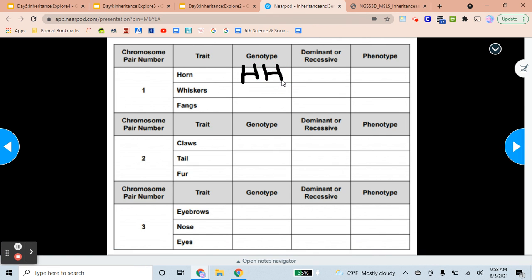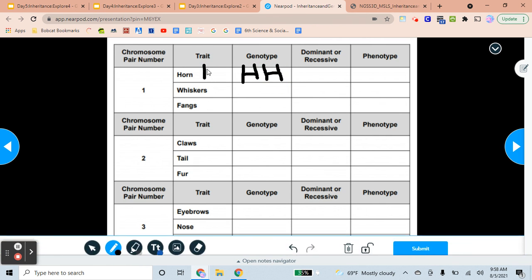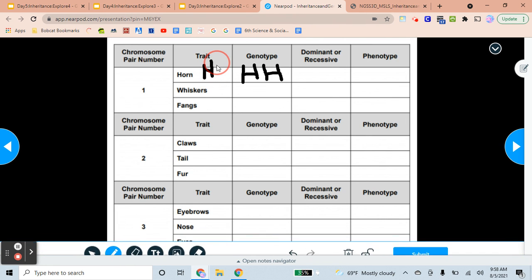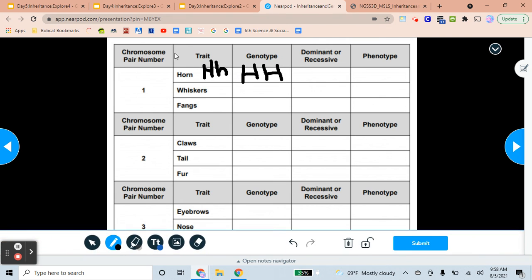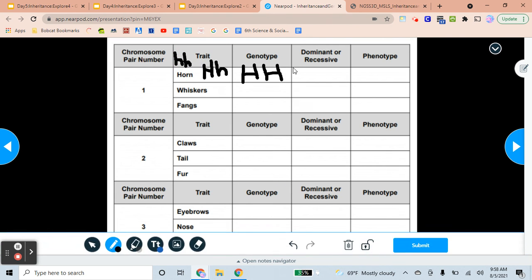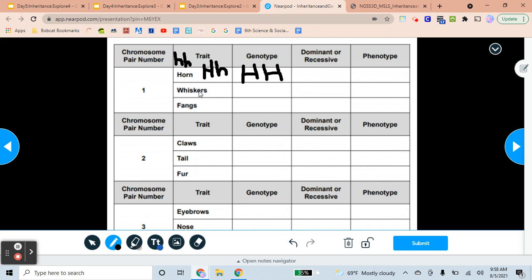You could do capital, lowercase, or you could do lowercase. You pick which one you want to do. You're going to repeat this for whiskers, fangs, claws, tail, fur, eyebrows, nose, and